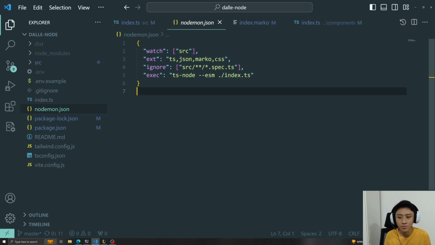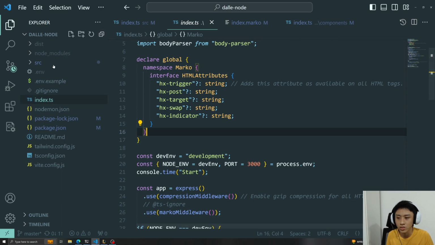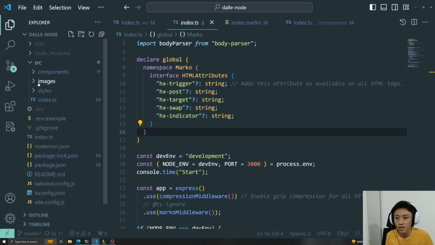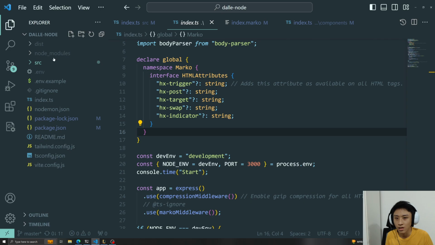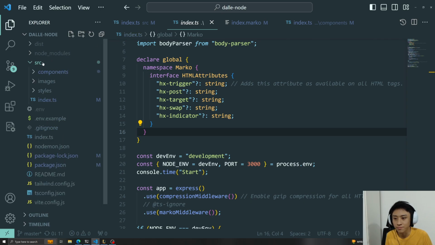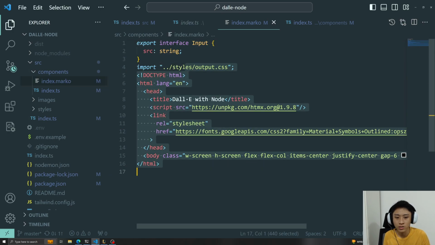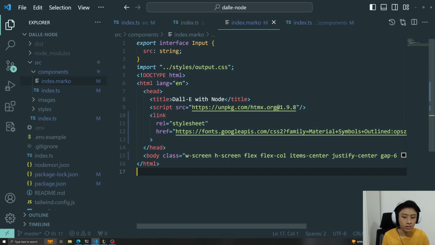For hot reloading, I'm using NodeDaemon. So NodeDaemon allows me to edit some code and then boom, once I save it, the changes will immediately apply to the website. I'm using TypeScript definitely, and I'm also using, let me check. Oh, another final thing is Marko. So Marko is a template engine. So in the context of backend development, they are